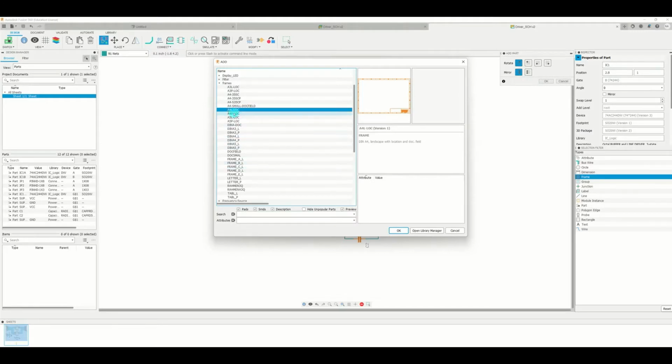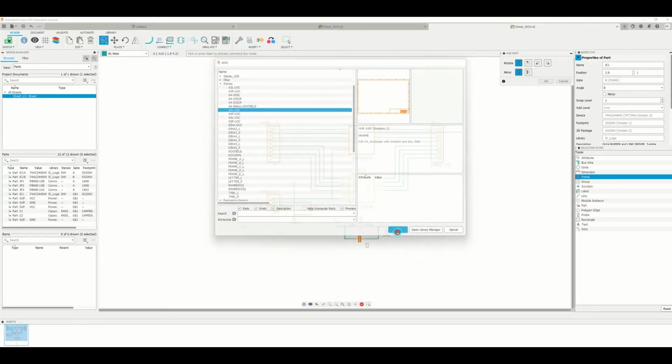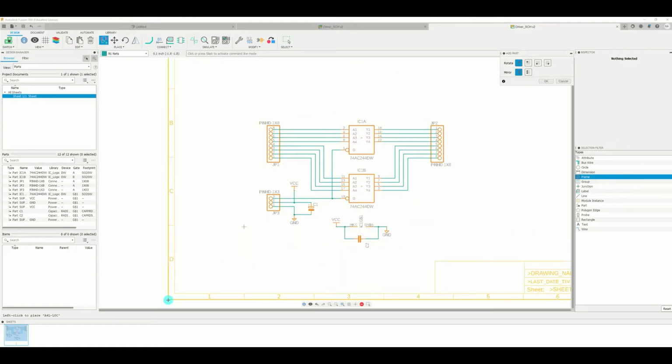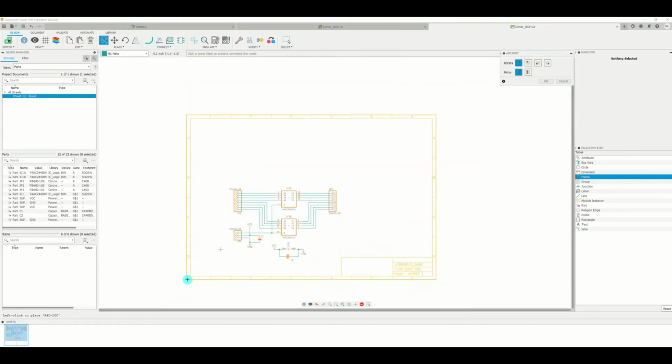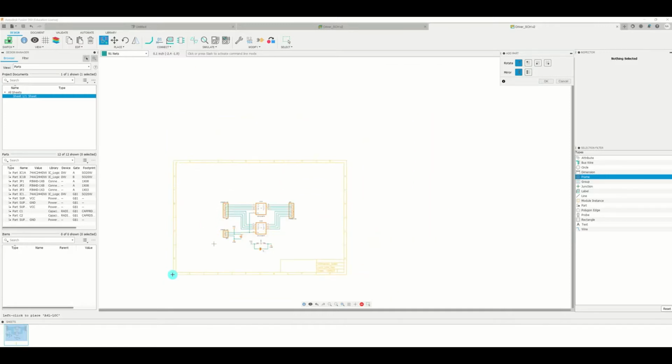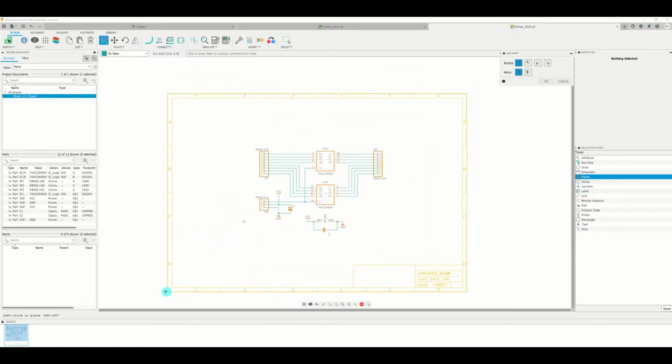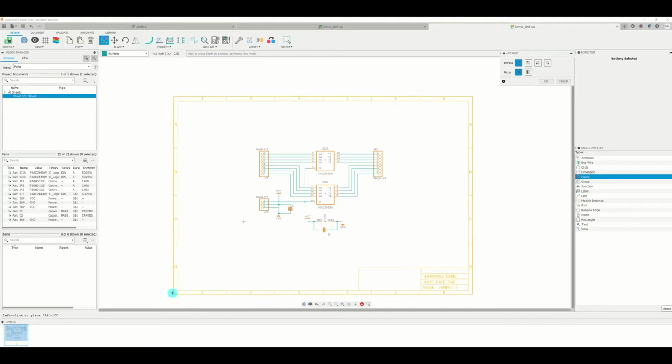The P is portrait, A4, A5, and so on. I think we can fit the design in an A4. Select that one. Now you can put it. You can zoom out, zoom in, and then you'll have the frame like that,